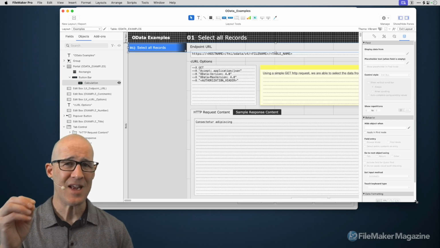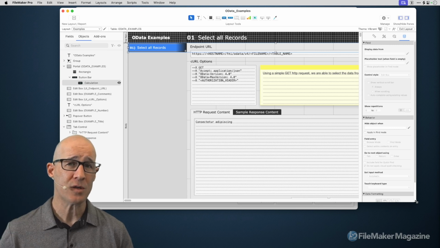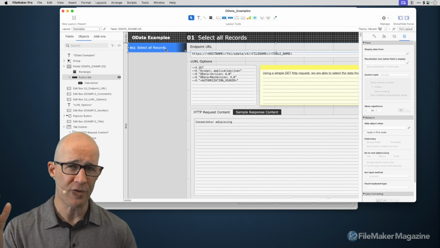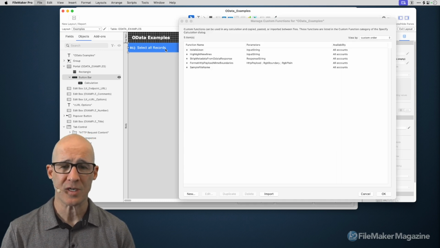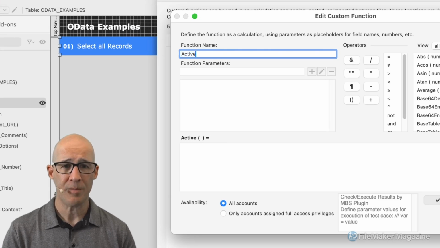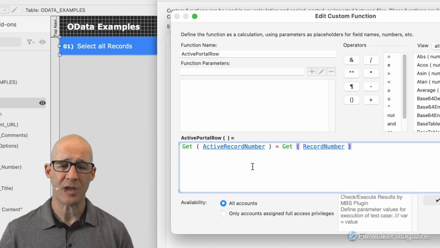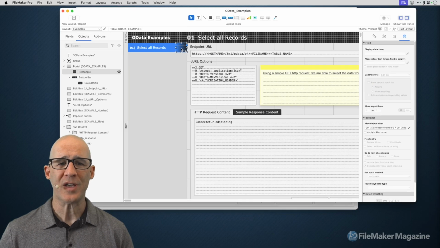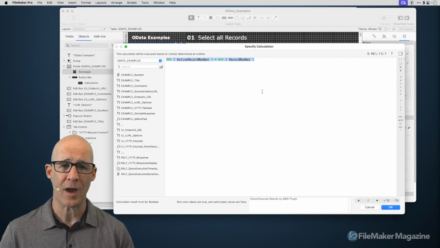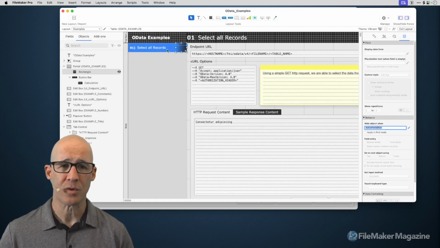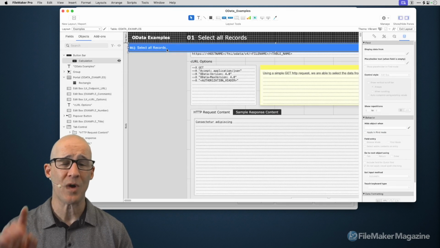But regardless, that same calculation has to be evaluated now in 2 places. It is evaluated here and it is evaluated here. So the question becomes, does this add overhead to my solution if I put it in the context of a custom function? Let's go ahead and create one, and we'll call it active portal row. And we will just put that calculation in right there, and we'll say OK. So what this allows me to do is with this in 2 places, I could switch this, and I can now change this to active portal row,